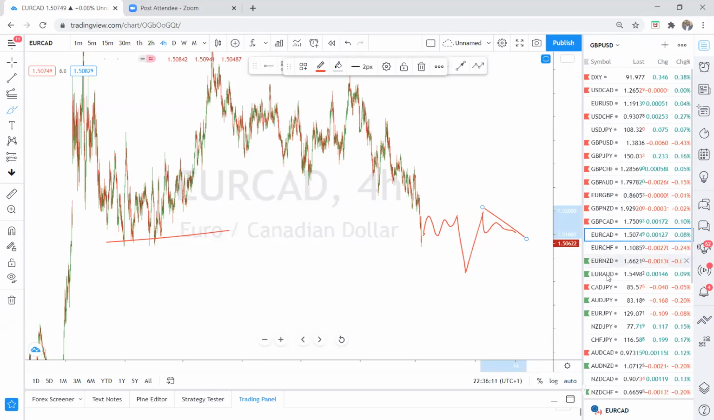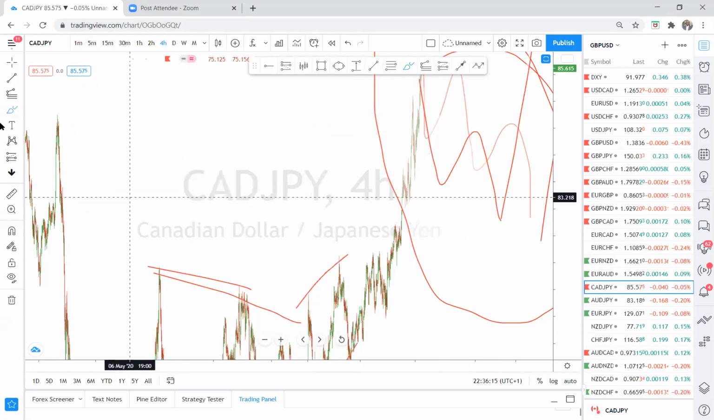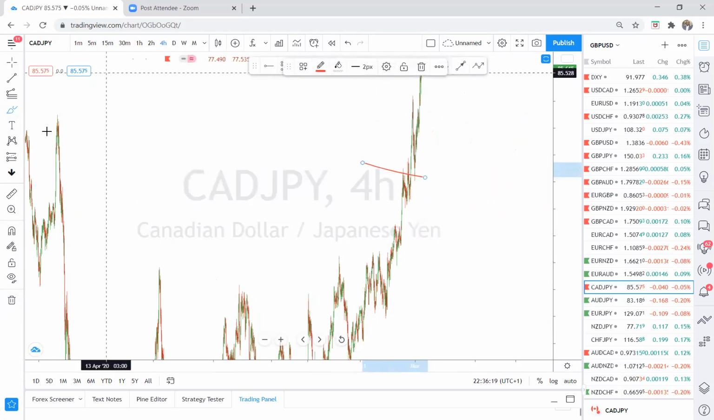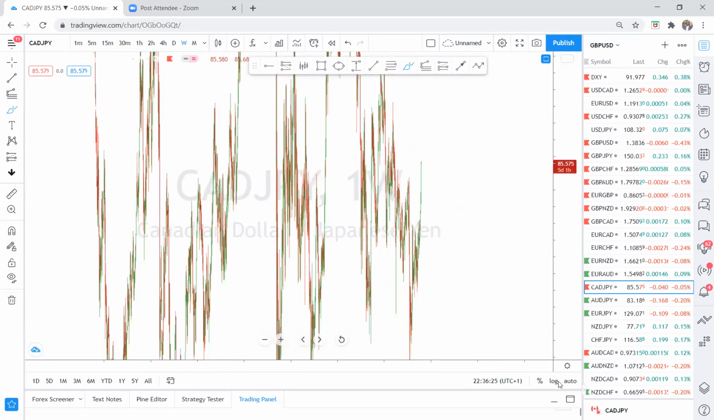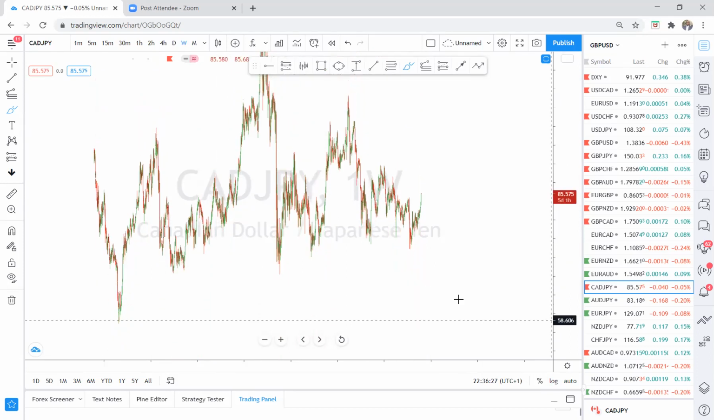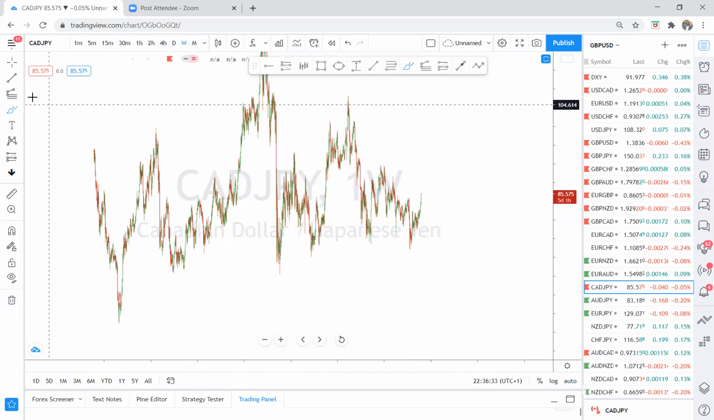Okay, all right, let's look at yen pairs, guys. Let's look at some yen pair weekly. You can see we have a solid structure here in weekly that we have been monitoring for quite some time now,